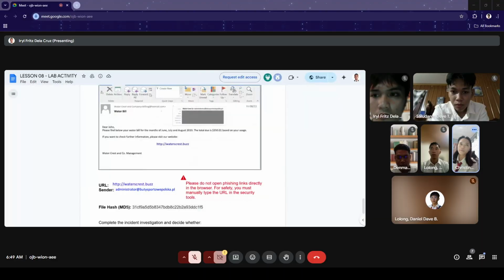The lesson that I learned is that visual and domain clues in an email can quickly indicate phishing attempts. Unknown file hashes should always be scanned before we open them.